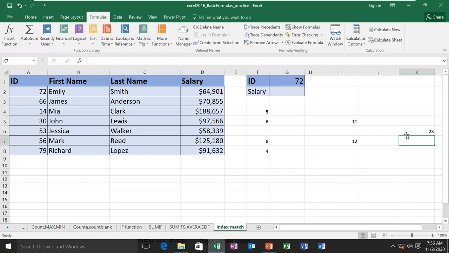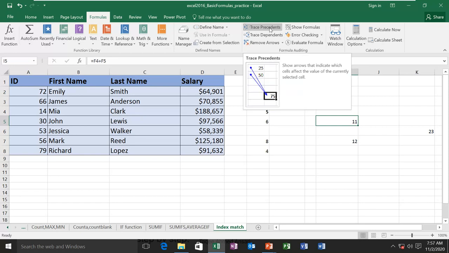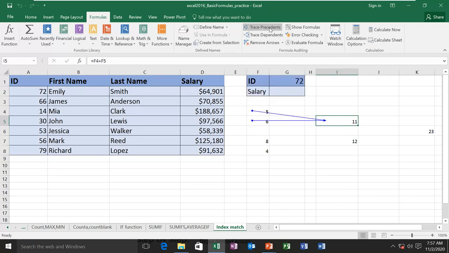Now if you see here, this cell is depending on here and this cell is on this one. So we don't know which function is using and from where it is connecting. So if I select this cell, and I want to know where this cell is dependent or precedent to any cell, you can select the cell and click on trace precedent. When you click on it, it will show you that this cell is precedent from these two cells. Like if any value changes here, that will reflect in this cell.